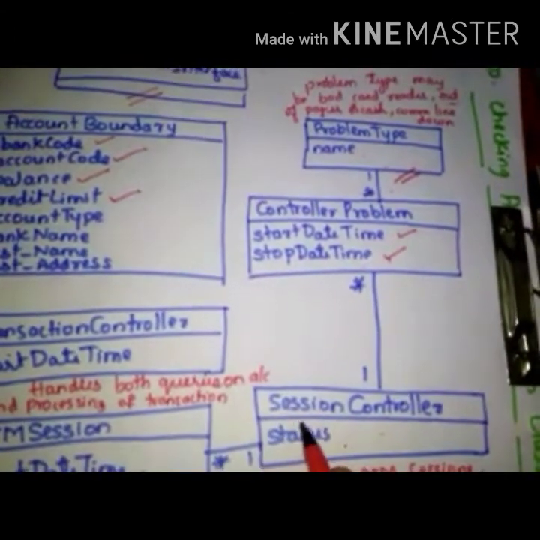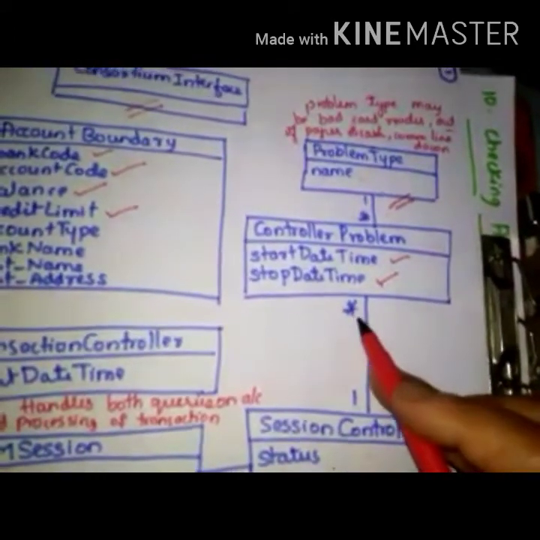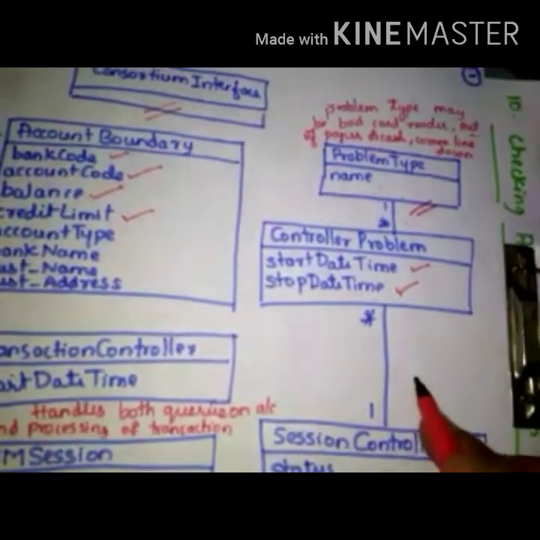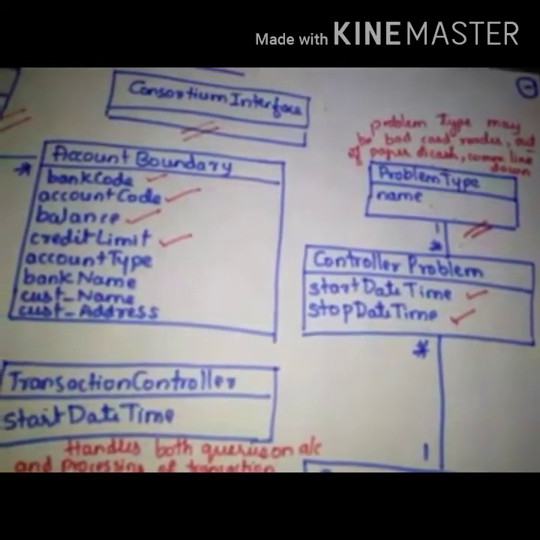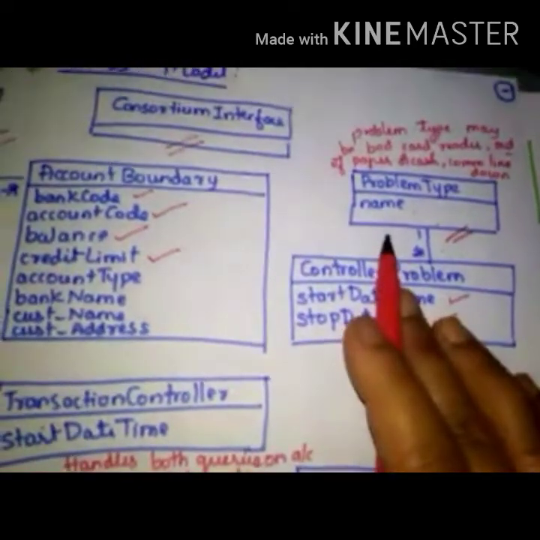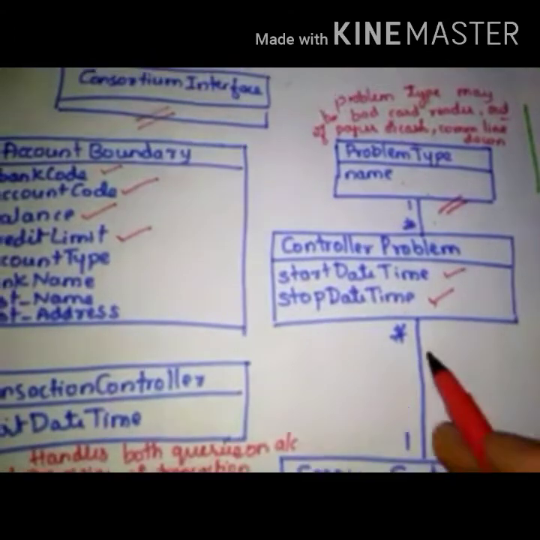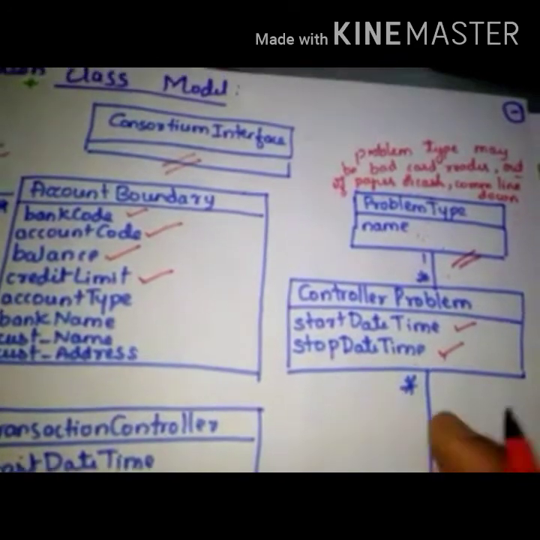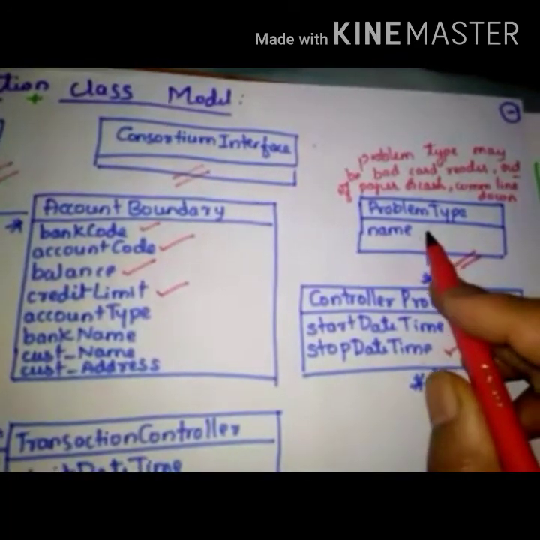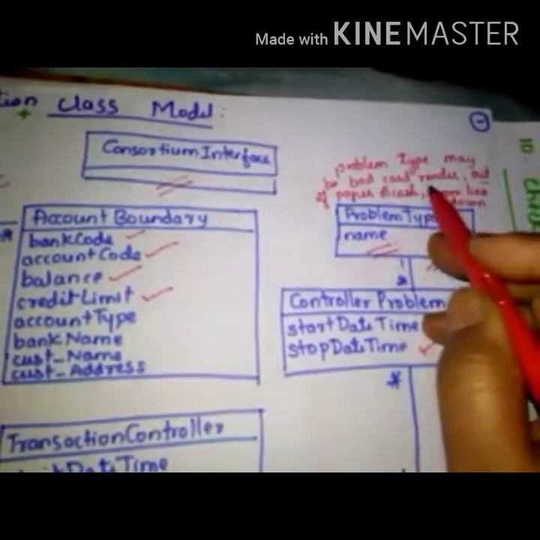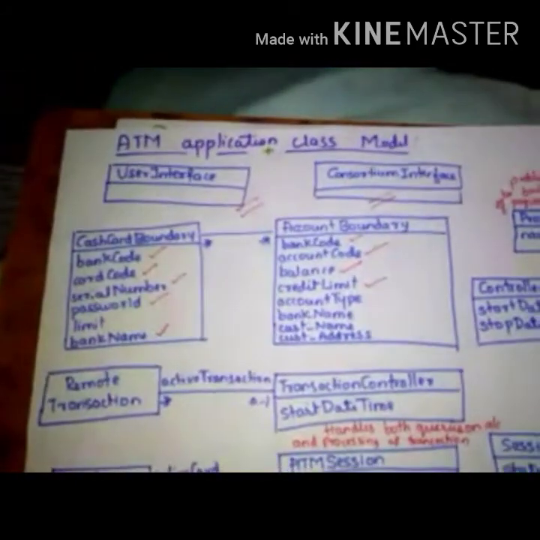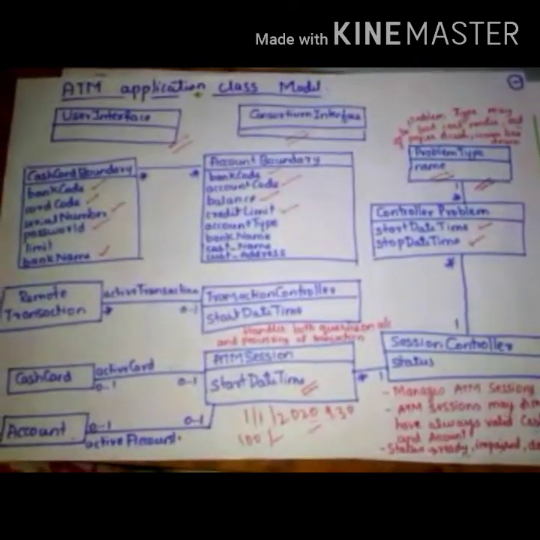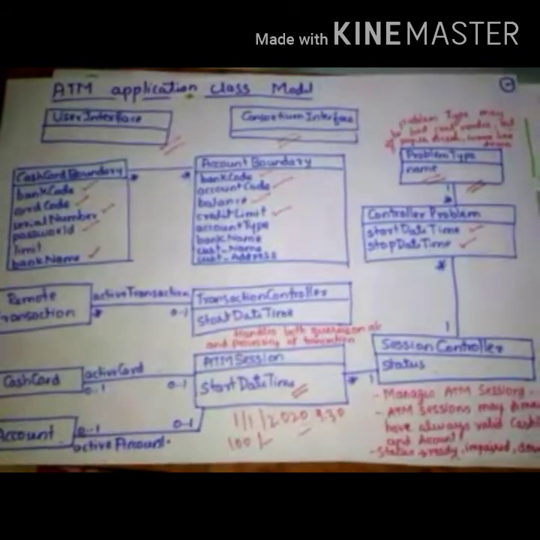So look here, during one session I can have many problems, right? Two times I have entered the wrong PIN. It is running out of cash. I may ask it to print, but the paper is not available. So during one session, I can face many problems, right? And when many problems are faced, we refer to the problem type. Depending upon the name of the problem which are listed here, it will take a particular action. So this is how the application class model has to be created, and the application class model has to be cross verified with the interaction model.